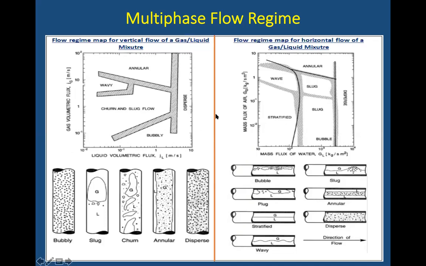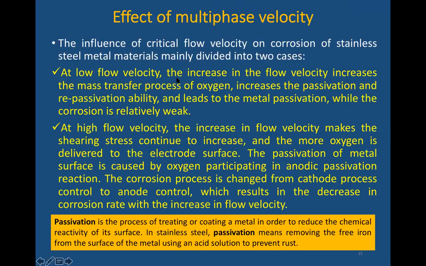Now, if your multi-phase flow regime is this, then when you have bubble flow, what will happen is maybe some fretting corrosion may happen. Bubbles are produced and again just disappear. Okay, produce and again burst, produce and burst. In that case, it will give a certain force on the pipeline surface. So maybe fretting corrosion may happen. In case of very high velocity, maybe erosion corrosion may happen. So based on the different types of flow, you have to identify what type of corrosion may happen.